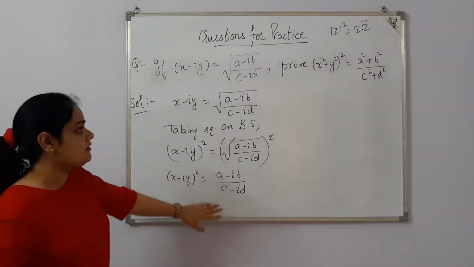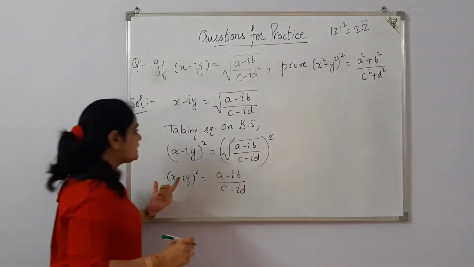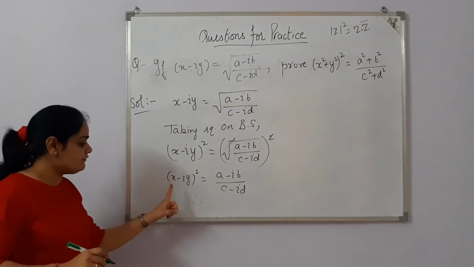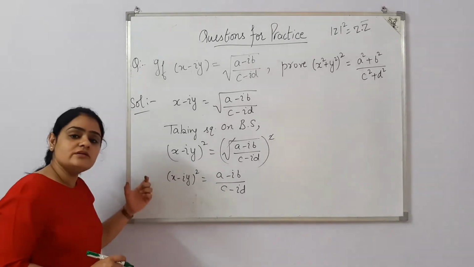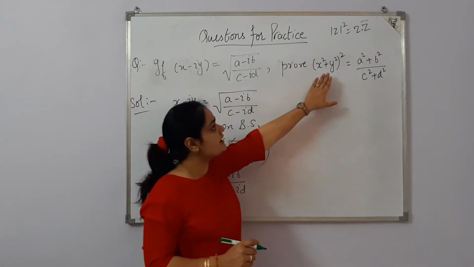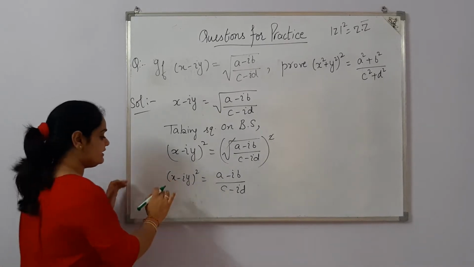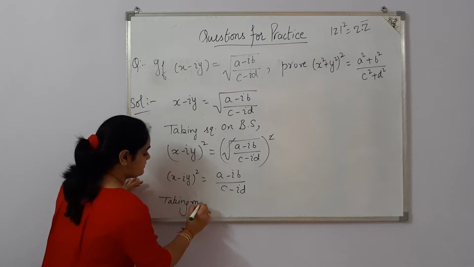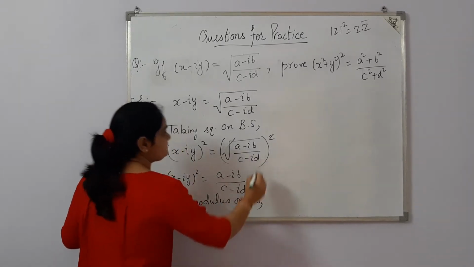Now what we want to prove, we need x square plus y square's whole square. So from that relation we are getting a little bit of a hint that if we take the modulus of x minus iota y, then its value is under root of x square plus y square. So under root is missing, but at least we are getting x square plus y square. So taking the hint from that relation, we are taking modulus on both sides.